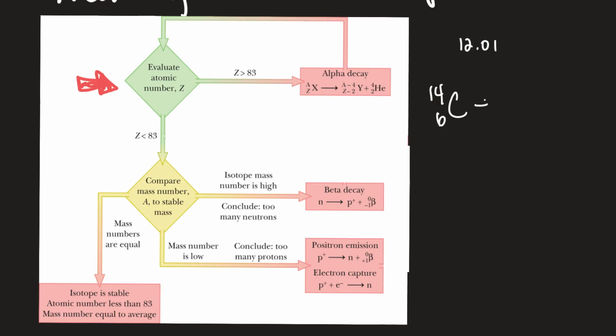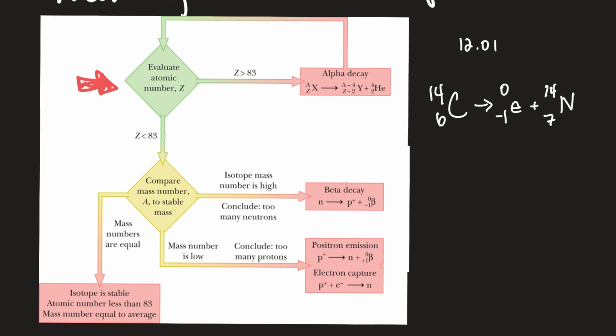When it releases beta particles, you have a 0, -1, this electron here, or you just write the beta sign. Remember, your atomic numbers must be conserved. So what minus 1 is equal to 6? In this case, it'll be 7. Your mass numbers are conserved as well. And so this is element